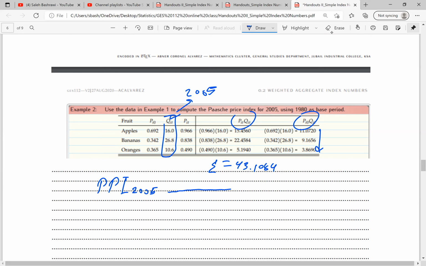For the base time, we have 11.0720 plus 9.1656 plus 3.8690, which is equal to 24.1066. So the Paasche index number will be